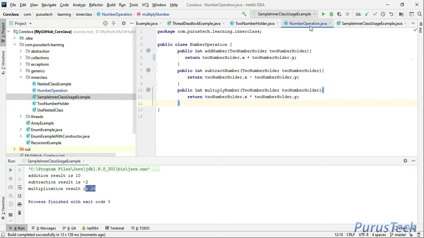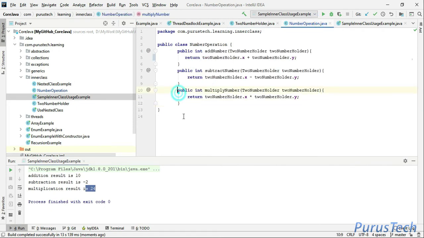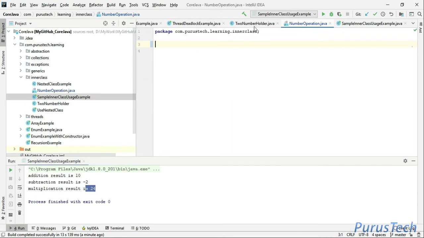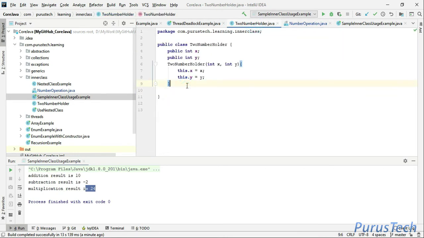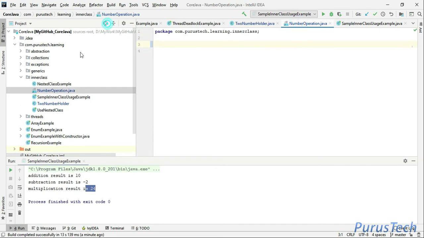Now let's convert this number operation to an inner class of this toNumberHolder. So let's just cut it from here and paste it here. Save it. Let's delete this number operation from here.